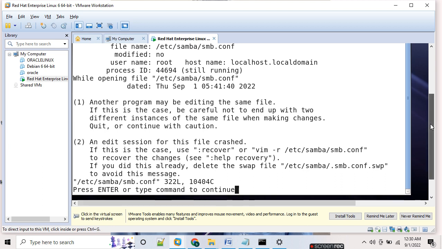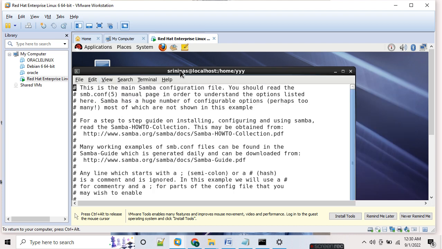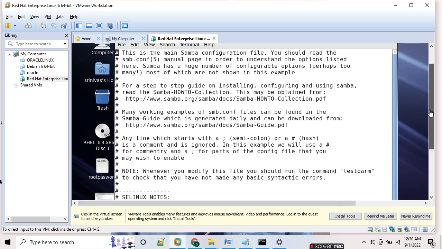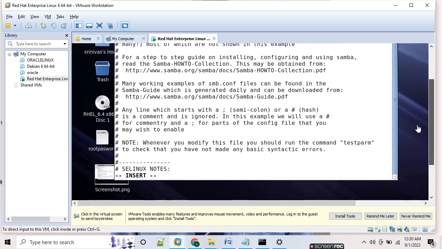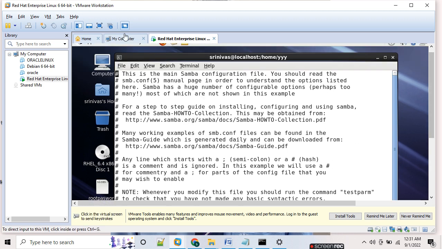So in the smb.conf file, in the global section, we have to edit the workgroup name. We have to change the host allow, a range of IPs that will be accessible to the Linux machine. So you can see here the workgroup section, the global section. Inside the global section,